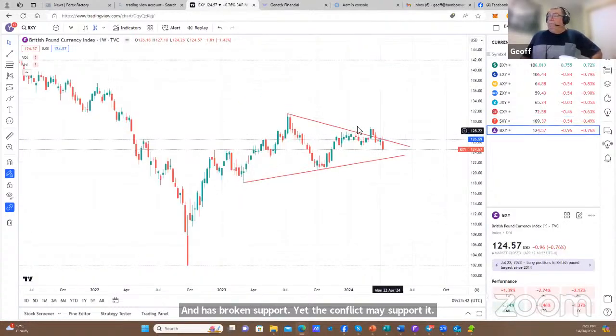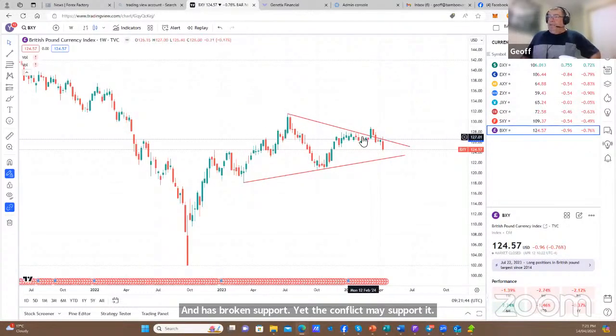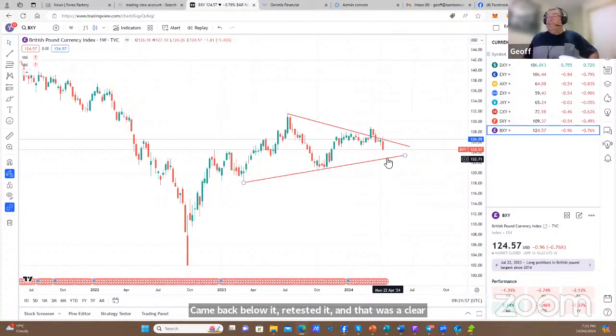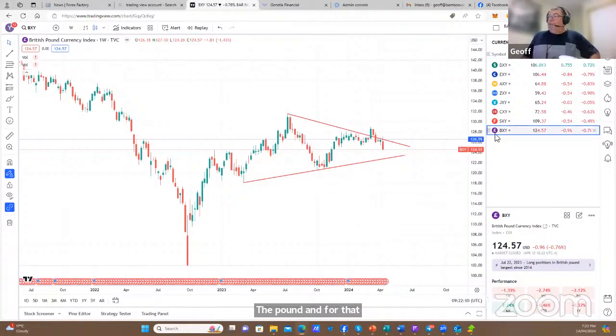The pound, again, we've been following this one, and this looked technically perfect as we broke above this level, came back below it, retested it, and that was a clear sign that this would find, or look to find, its most recent support level, which to my mind is the bottom of this pennant. That appears to be happening, so I'm definitely a bear on the pound,